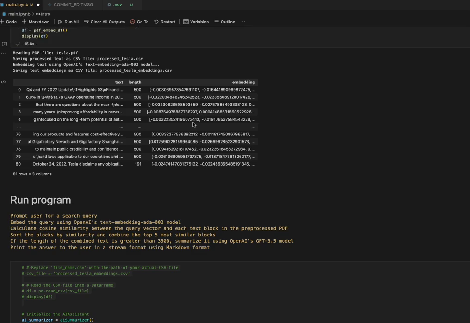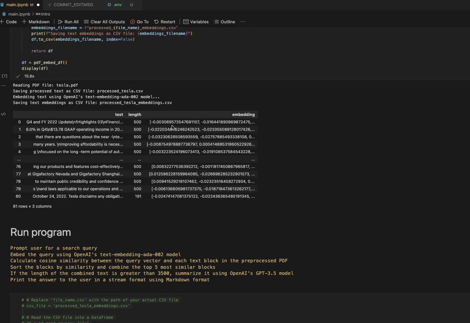So the purpose of the embedding is that, again, I said the model has a limit of how many characters it can take in. Again, it's just 4,000 tokens, which is around 3,000 words. So it cannot read a 90-page PDF. So that's the reason we do the embedding. The embedding basically gives the model a